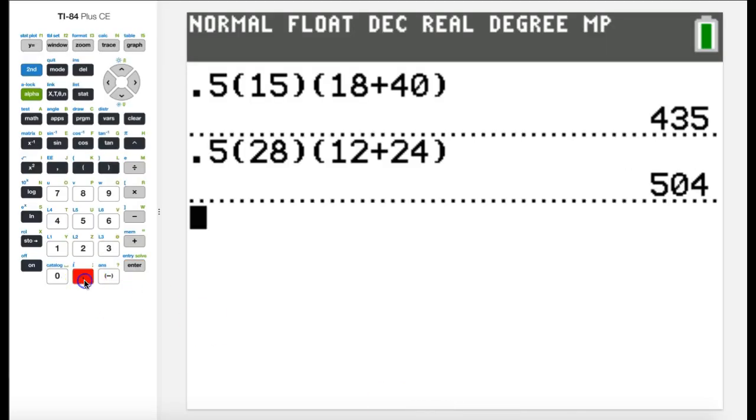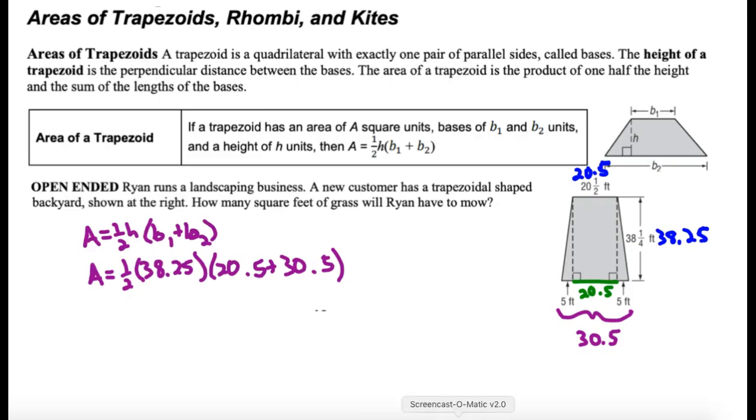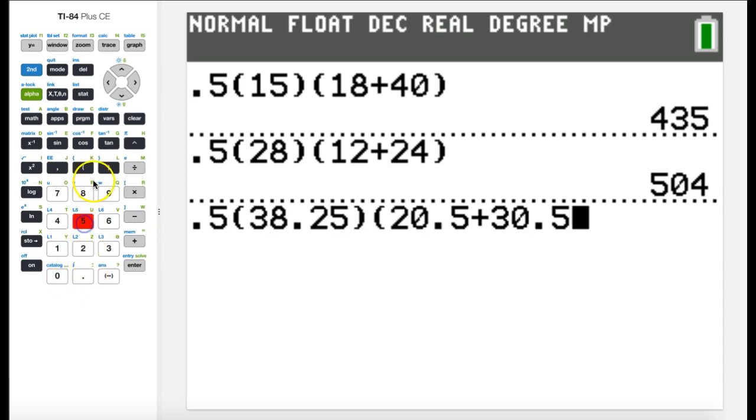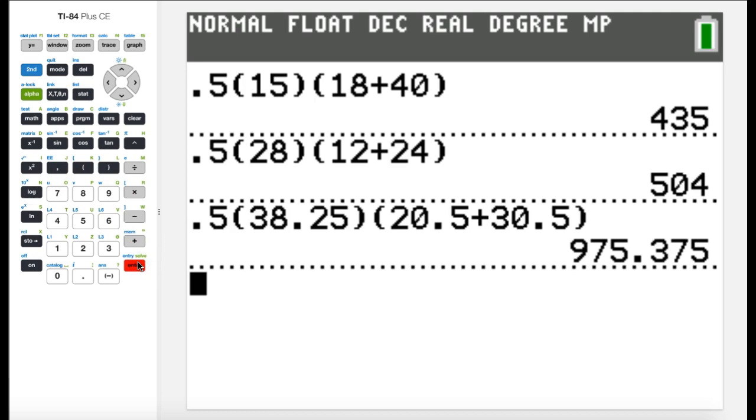So 1/2 times my height of 38.25 times my two bases, 20.5 plus 30.5, and that gets me